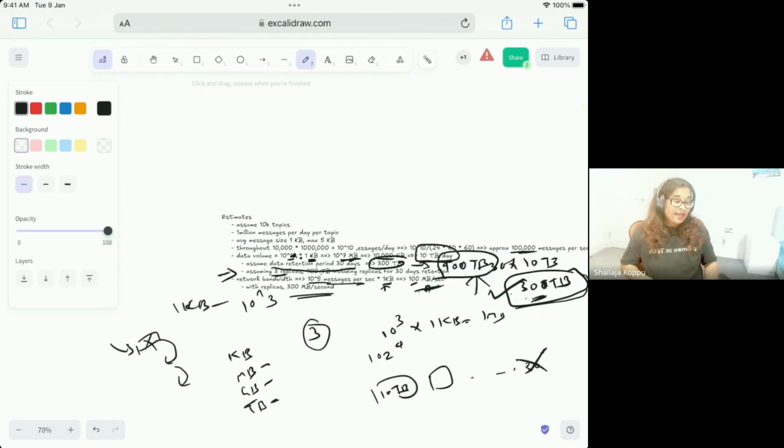These are very high level calculations, because the real system can have much more network bandwidth and storage as well, because state storage is involved, metadata storage is involved. Not only the replicas, we probably have backups and many more things going on in a real system. But we don't really need to worry about all of them. All the interviewer expects is for you to be able to make these calculations upfront and think through this.